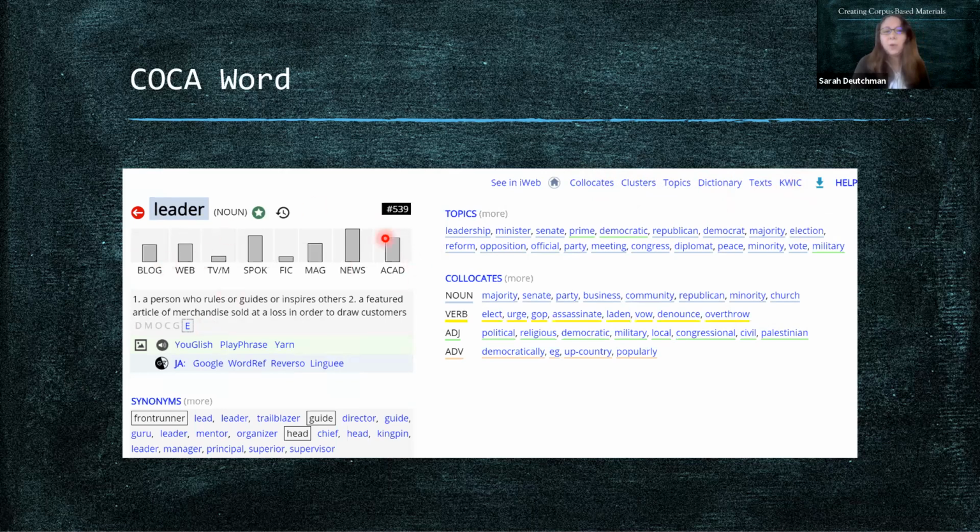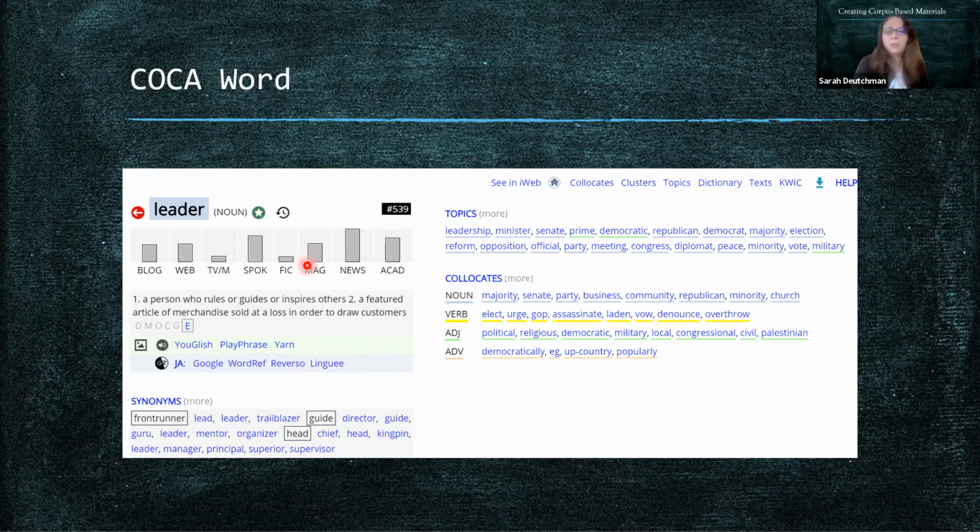And you can also see where they're being used. So you can see for leader, the bar is the biggest for news and spoken English, so it's most often used there, and not so often used in TV media. You have your definition here, and my